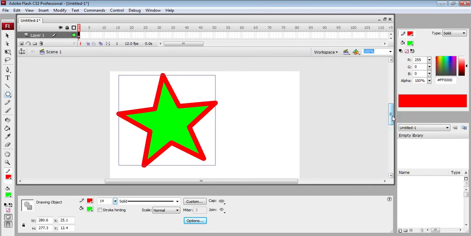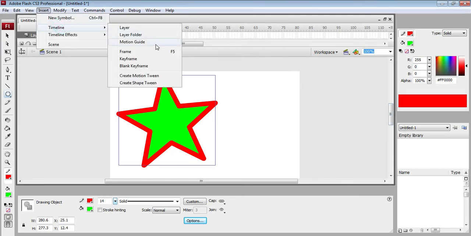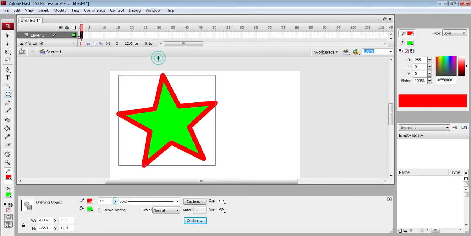Now the next steps as I told. After drawing this picture, we simply select it, then go to Insert, then Timeline, then Keyframes. After this, if we want to change the outline and fill color we can, otherwise we can make another copy.